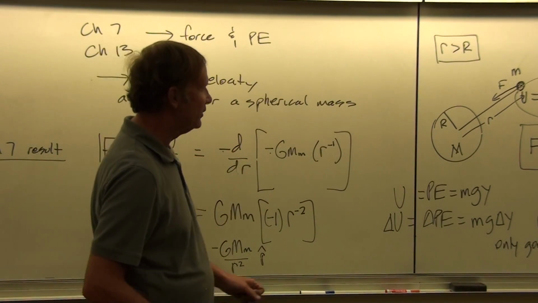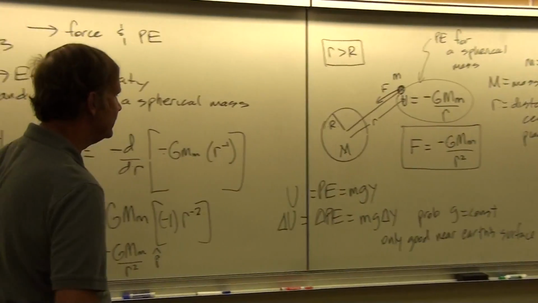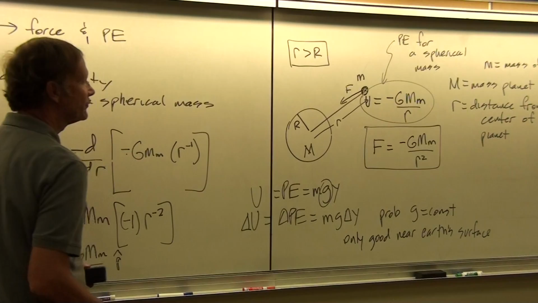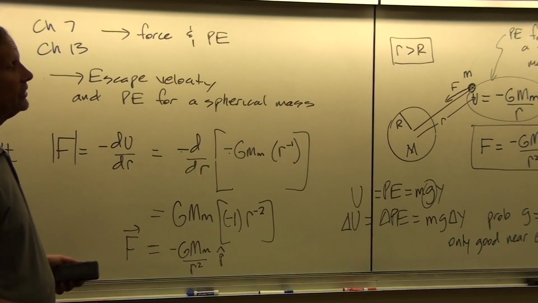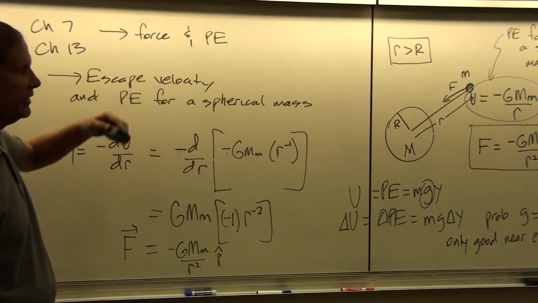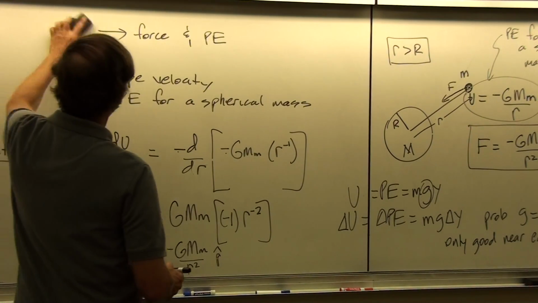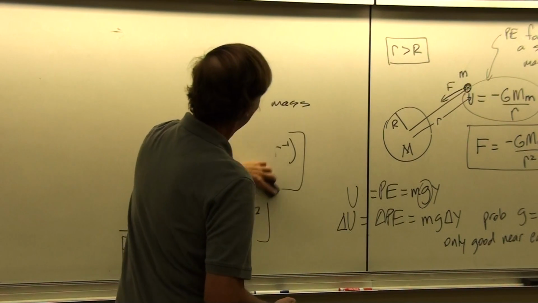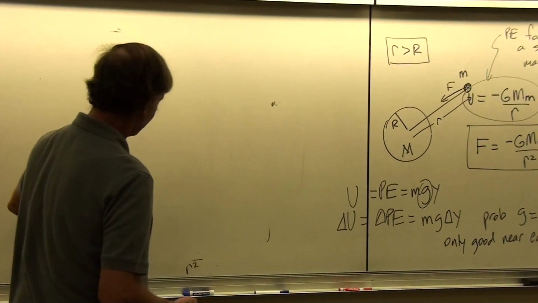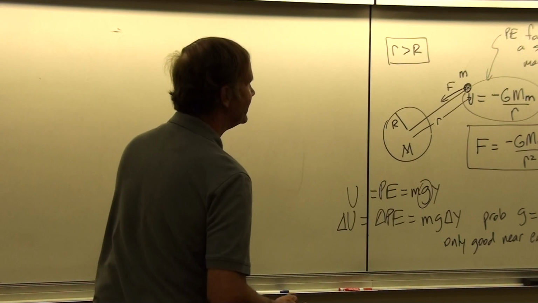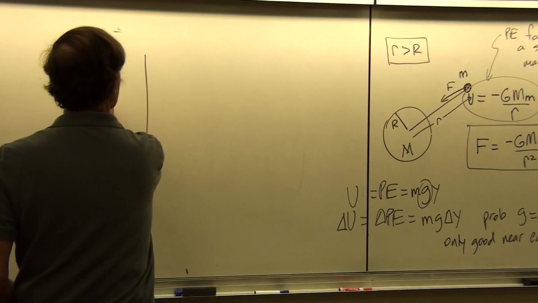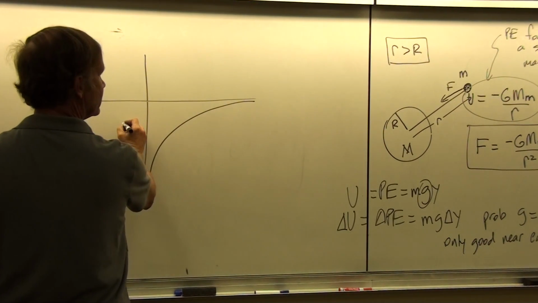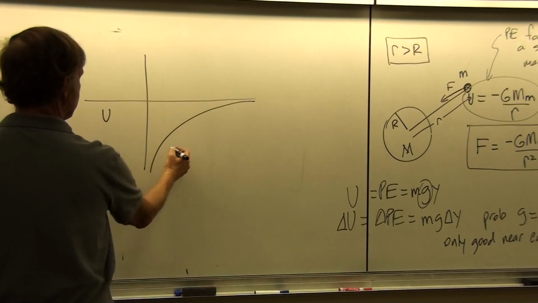And so what that shows is that instead of using a potential energy term that looks like mgy, where g is going to change, we know that's going to change as we get farther and farther away from a mass, what we're going to use instead is this potential energy expression. But it's negative. And I told you before that I don't like negative potential energy, so why am I using it here? Well, because if we plot U versus r, it looks like this.